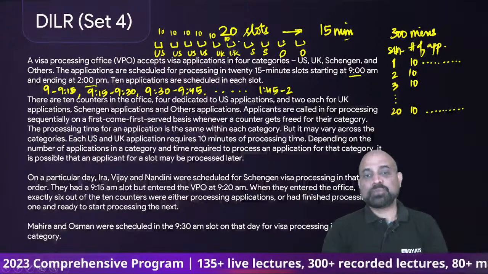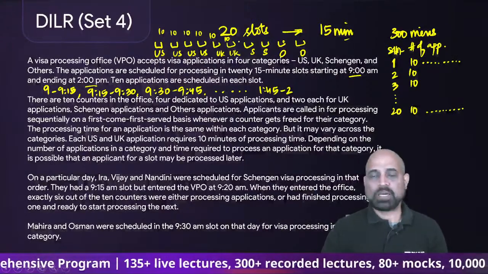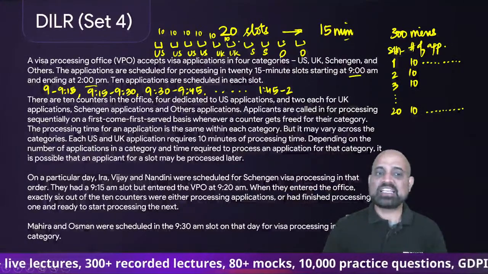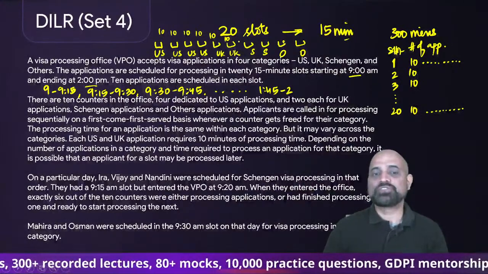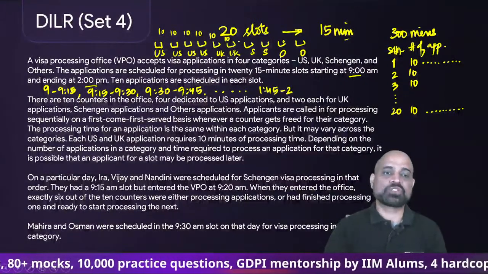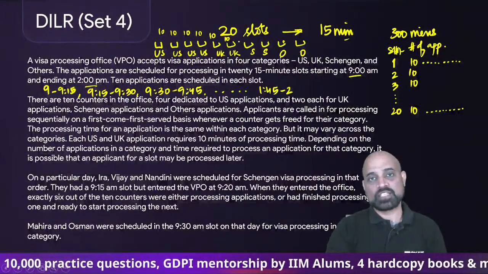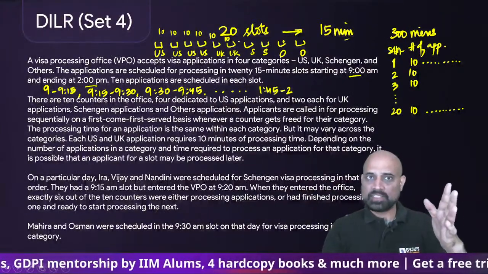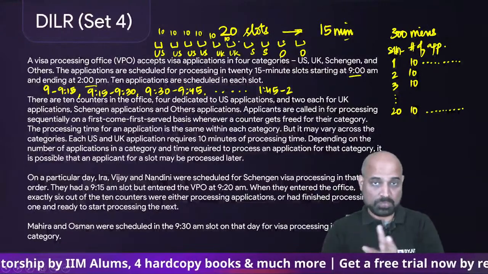But they entered the VPO at 9:20 AM, but they were 5 minutes late. When they entered the office, exactly 6 out of the 10 counters were either processing applications or had finished processing one and were ready to start processing the next. So at 9:20, what is happening is that either an application is running at 6 of the 10,